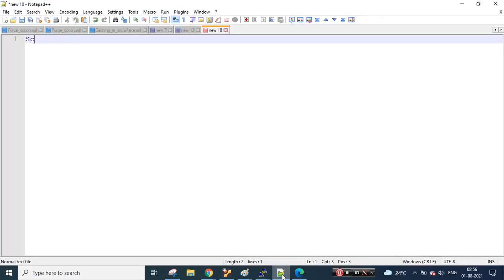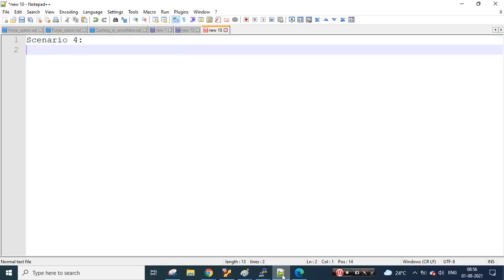Let's maximize the size. I'm going with scenario 4. The first thing you will do is read the file. Either you can read the file from your edge node or from your HDFS location. So let's write a small code. I am trying to create the sales data frame,